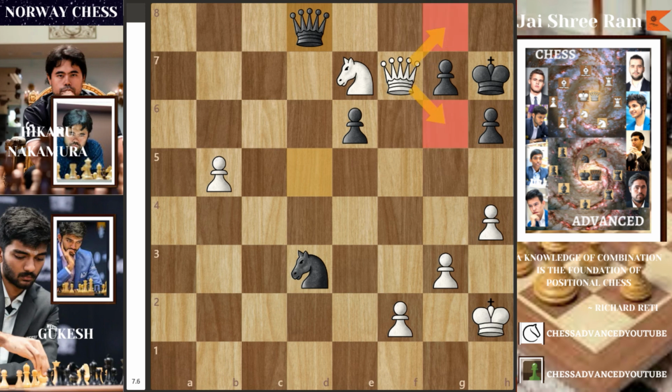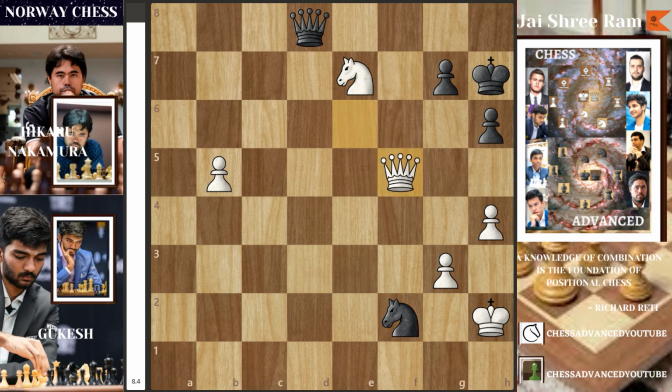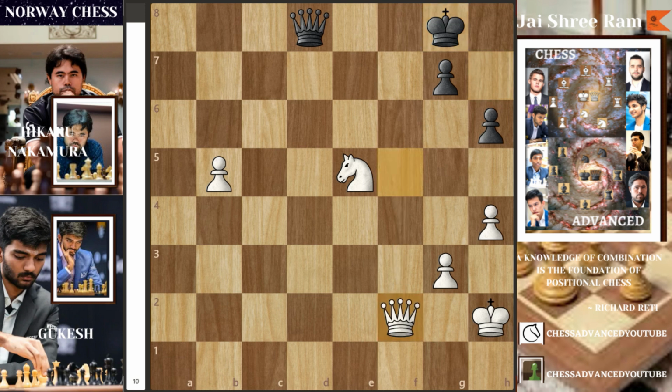So here queen captures on e6, grabbing another pawn, but here knight captures on f2, grabbing that pawn, queen to f5 check, king to h8, and knight to g6, and here king to h7, knight to e5, king to g8, and here you could be satisfied with just capturing here, but for some reason Gukesh goes for